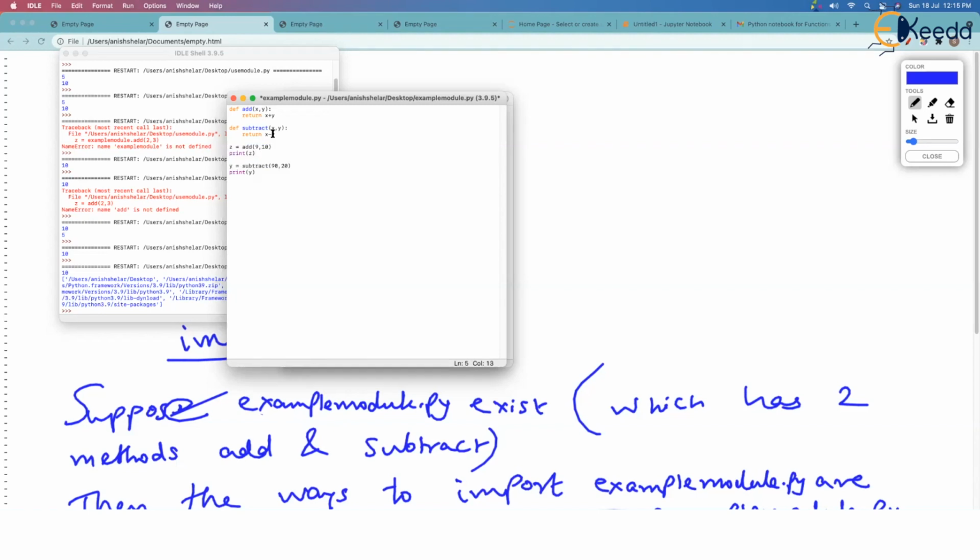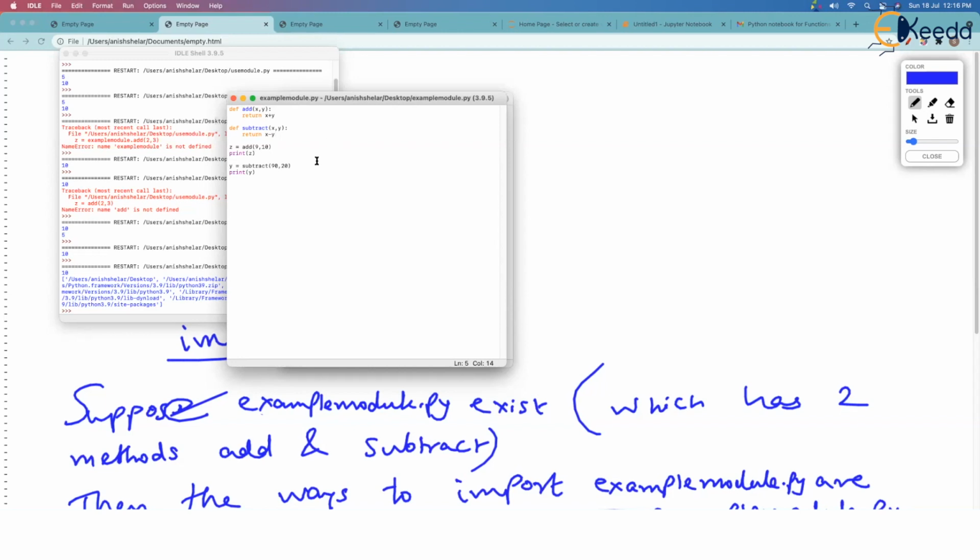Okay. So you'll say, so what, sir? Let's see what happens. I'll save this. Now do you understand we can run this code? Previously, there was no point in running this code because the calling code was not there. Now the calling code is there, so we can run example module, of course. But I won't run this.